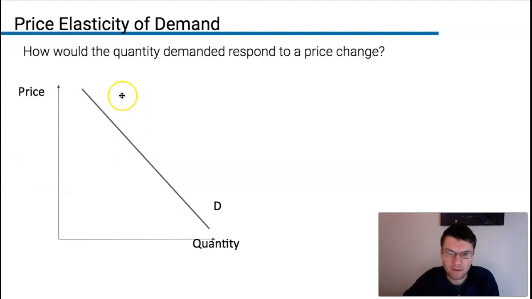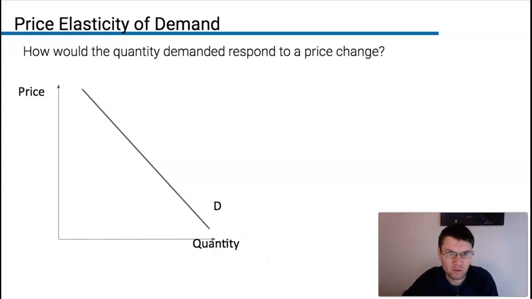So suppose we're looking at a demand curve, which is our standard relationship between the price of a product, which we put on the vertical axis, and the quantity demanded of the product at a given price, which we put on the horizontal axis. The question that we're going to look at is how would the quantity demanded respond to